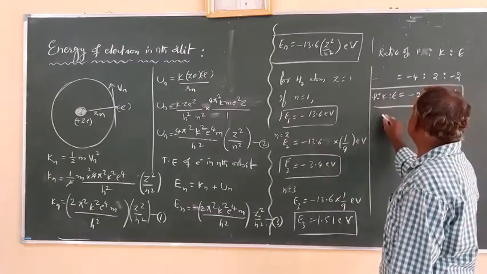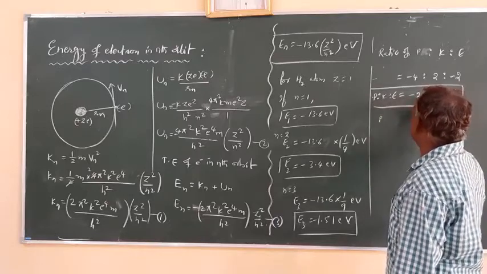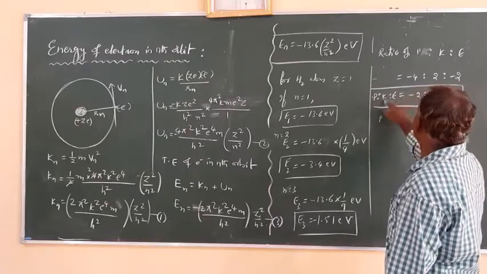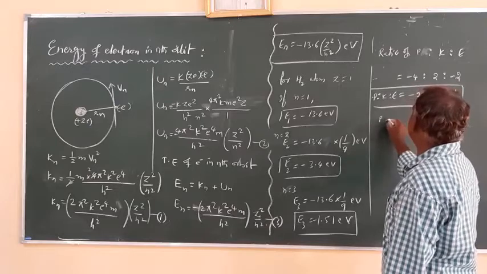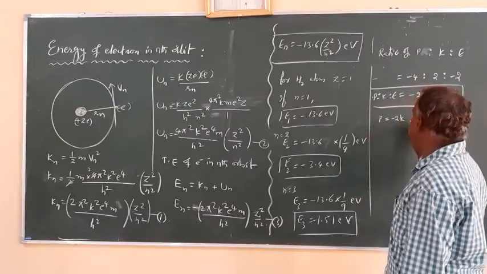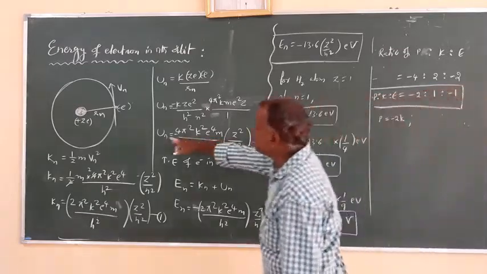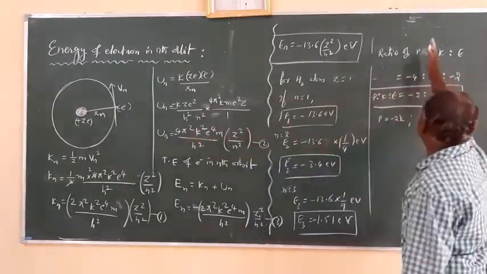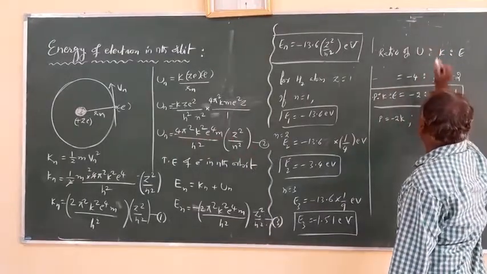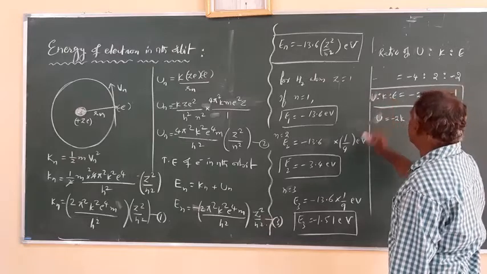So potential energy, you can write in terms of kinetic energy, how much will it be? Potential energy by 2 minus 2 is equal to kinetic energy by 1. So that means here it is minus 2K. Potential energy is equal to minus 2K. Here I have written potential energy as U, no? You can write U here in place of this P. So here I can put U.